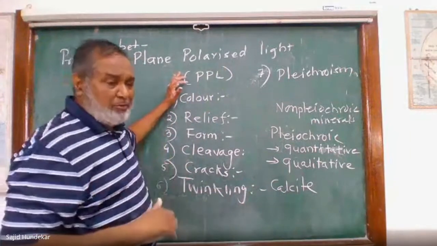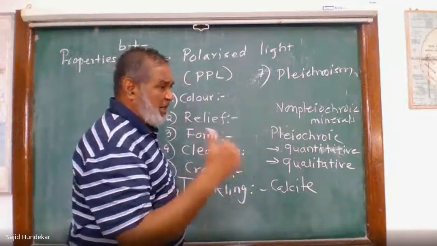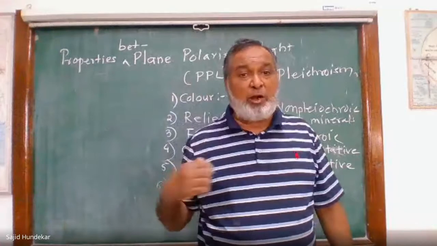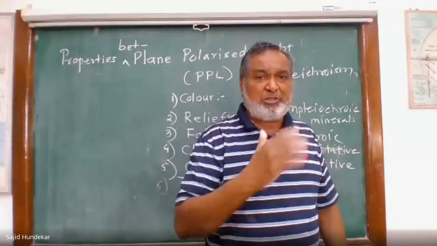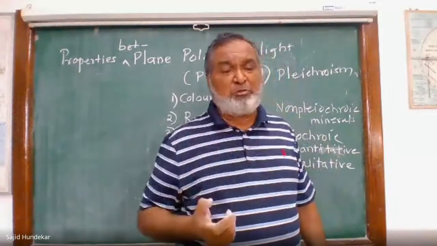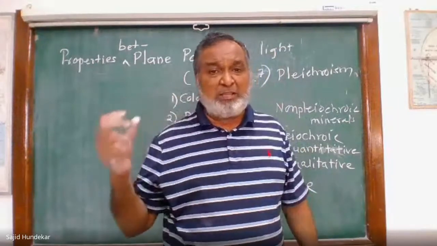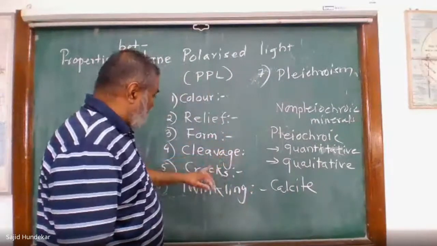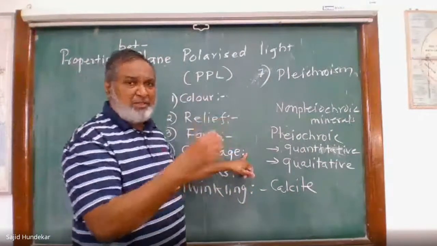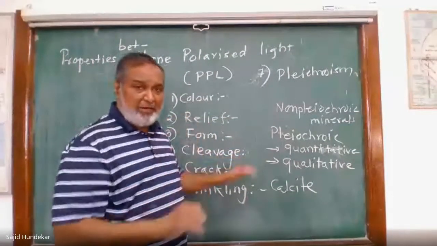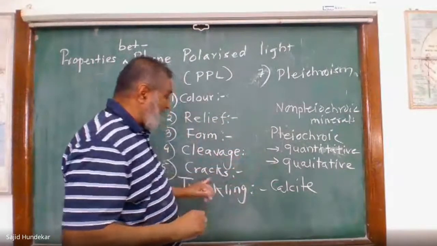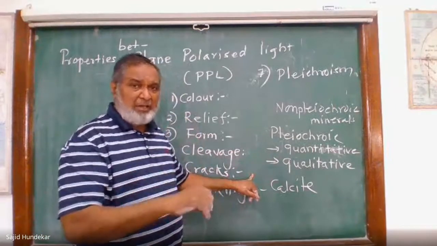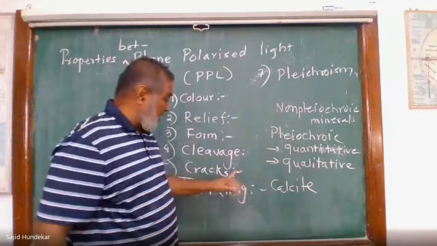As soon as you go under the microscope, the analyzer is always in. You have to see whether the analyzer is in or out. Sometimes students misuse things, so while making the observation, you have to check that the analyzer is out. You have to see one by one. If cleavage is not there, we have to mark present or absent, then one set, two sets. If it's absent, write down absent. Cracks, if present, you have to write down present. Which crack? Transverse crack, radial crack, or irregular cracks.